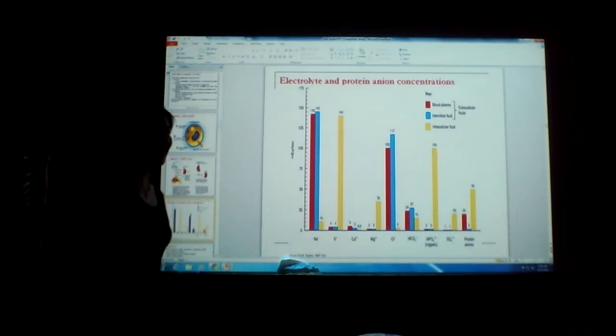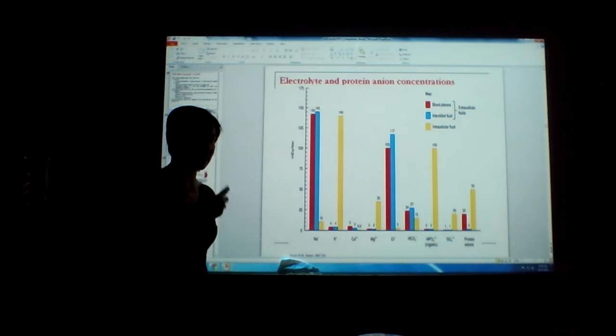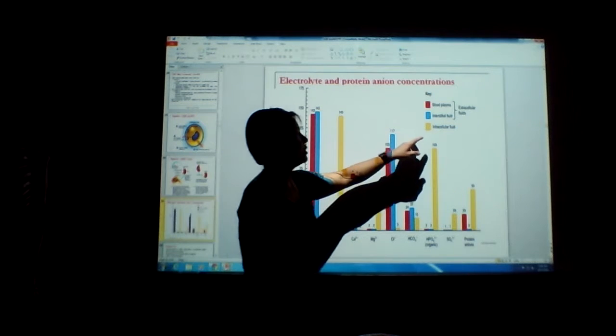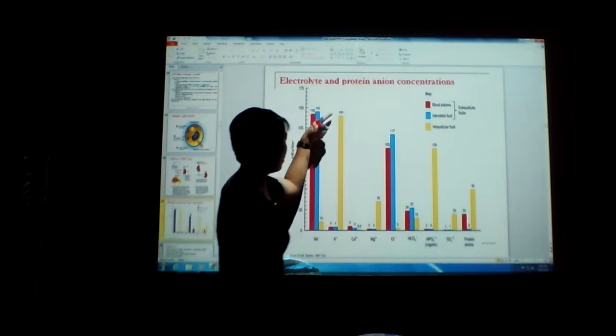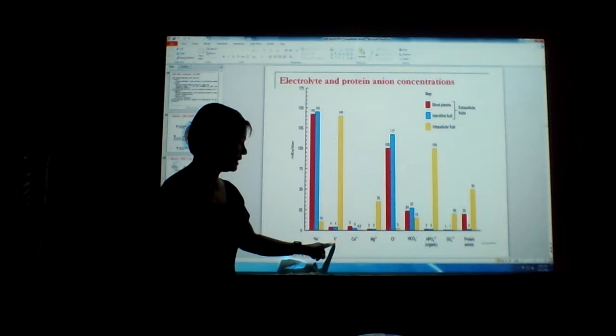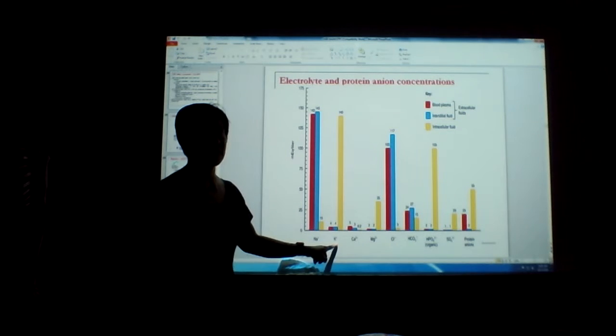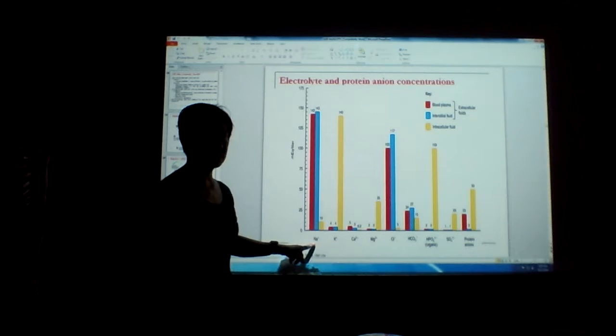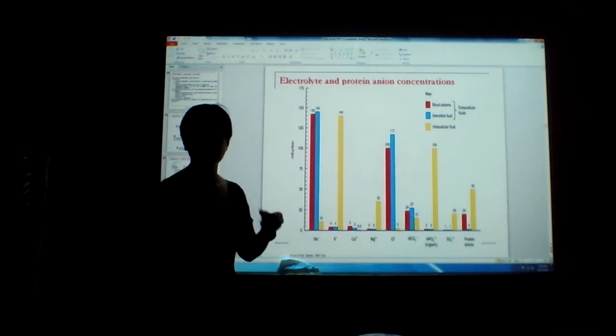So where do we find the electrolytes? We find them inside the cell or outside the cell. This came out in the test. So you have two types of electrolytes, right? Cations and anions. First, inside the cell, intracellular, the yellow one. The most abundant cation inside the cell is potassium. You know that, right? And the most abundant cation outside is sodium. I'm going to ask you this in the test. What's the most abundant cation inside the cell? You should know this automatically, even when you start working.